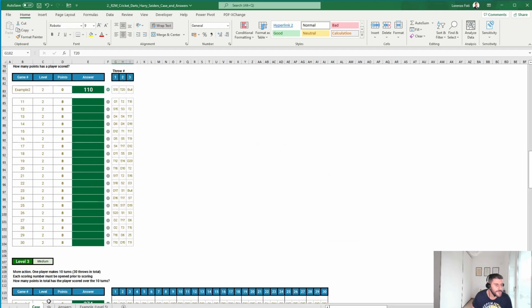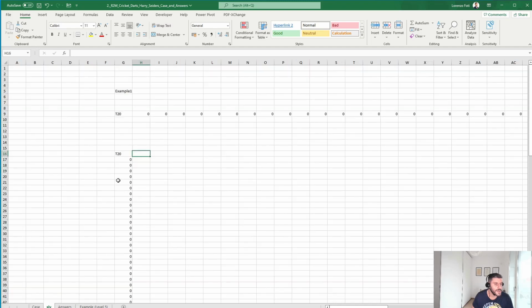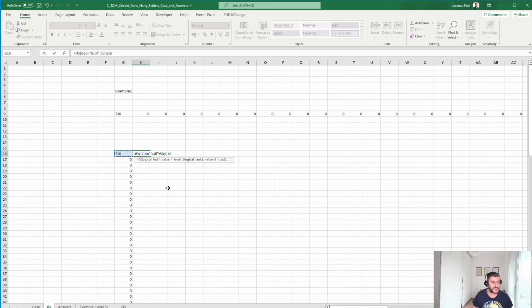Okay, so basically what we need to say is, well, let's go back to level one. Level one has to consider the points of this single throw here. And so the points will be like this. If this equals bull, it will be 50. If this equals 25, it will be 25. Otherwise, it will be